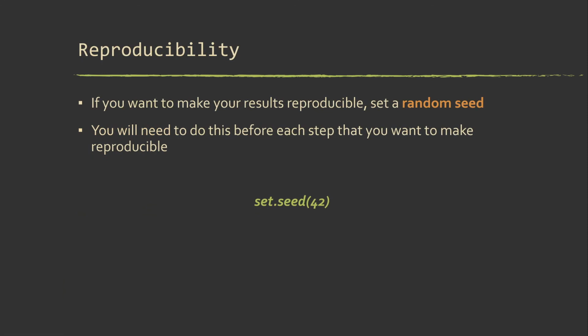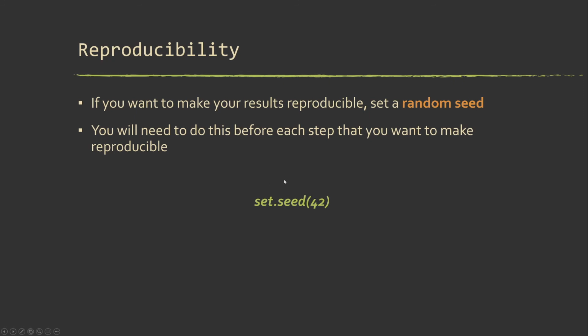Okay, so whenever you do hyperparameter tuning and you're creating folds and whatnot, and this is also true when you're training any model that has a random or stochastic component, if you want to be able to get the same output every time, then you're going to want to set what's known as a random seed. So this in R is done using set.seed. A lot of people just use 42. It's the Hitchhiker's Guide to the Galaxy reference.